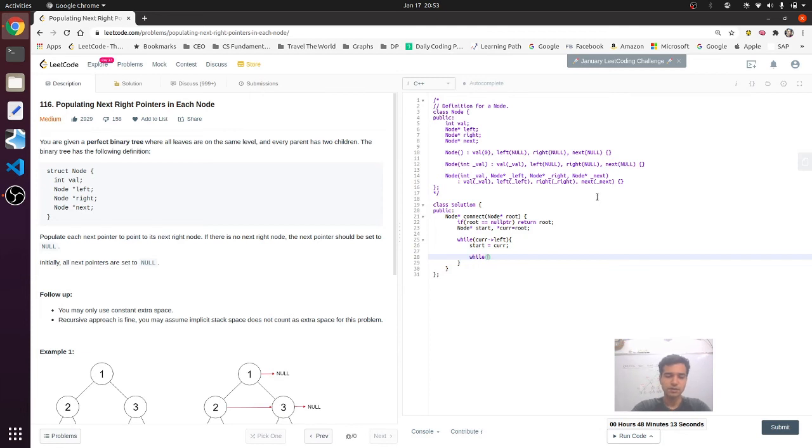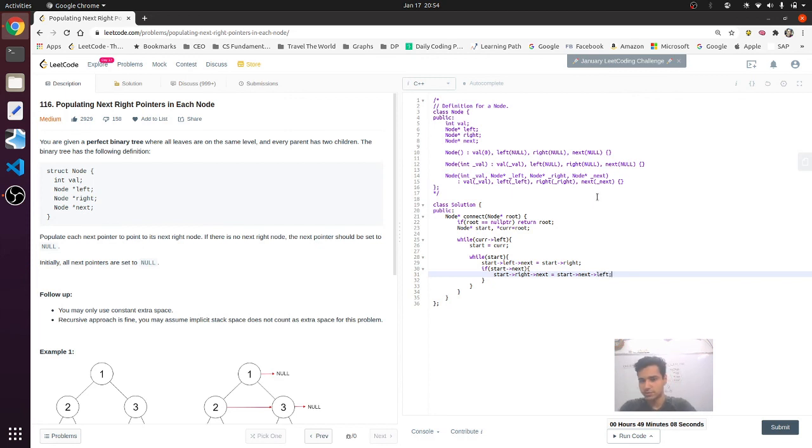Now for this level, till it does not end, right, we will keep on moving to its next, and for each node we will assign its left pointer's next to its right pointer, and if its next does exist, we will assign its right pointer's next to the next node's left, right?